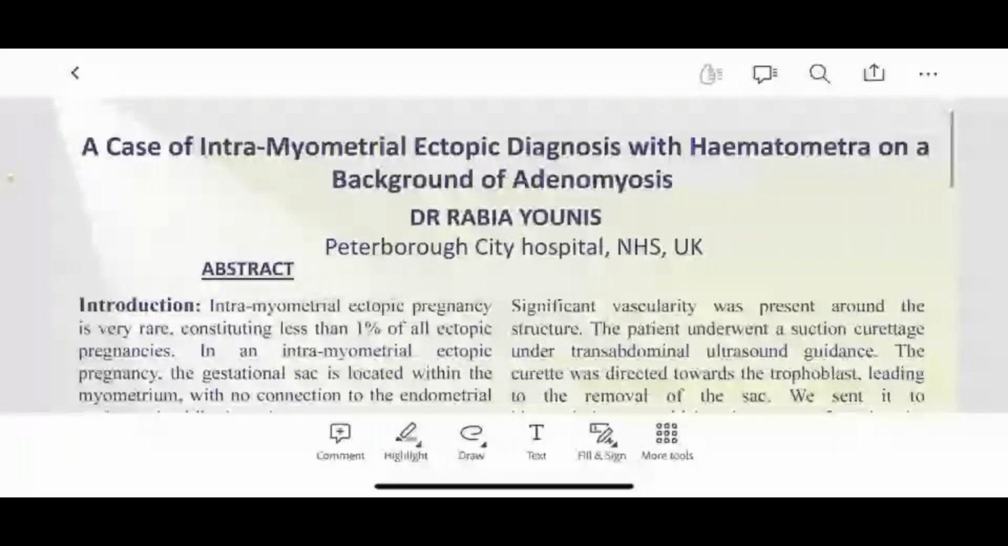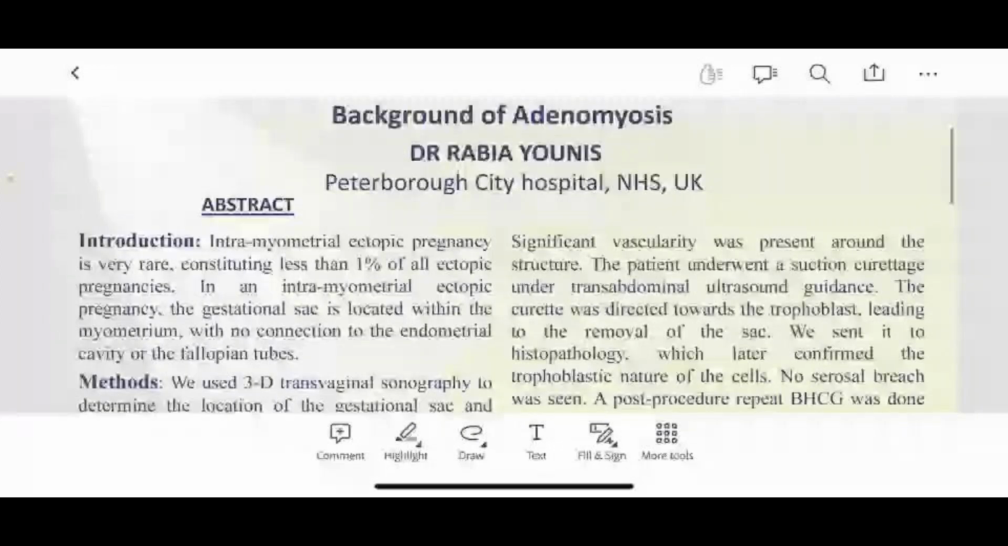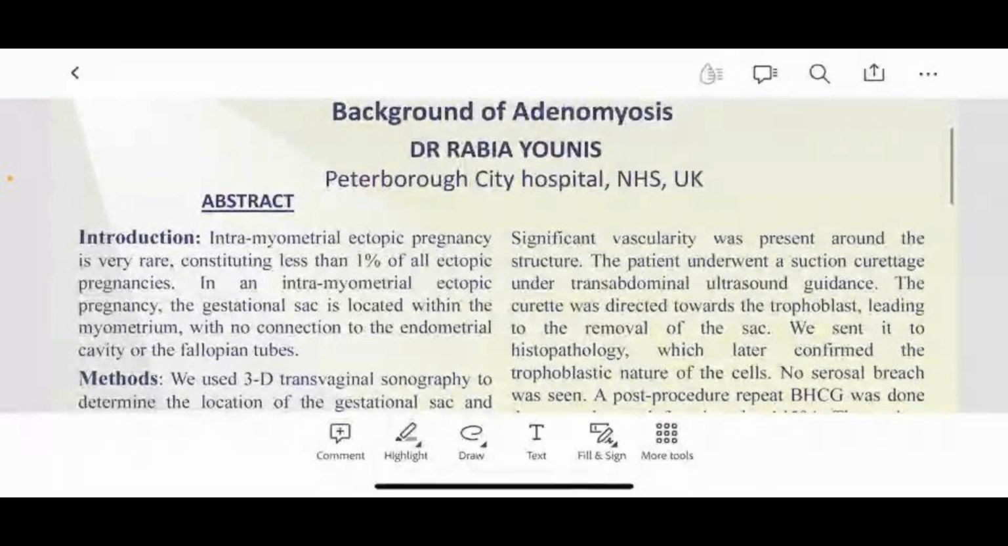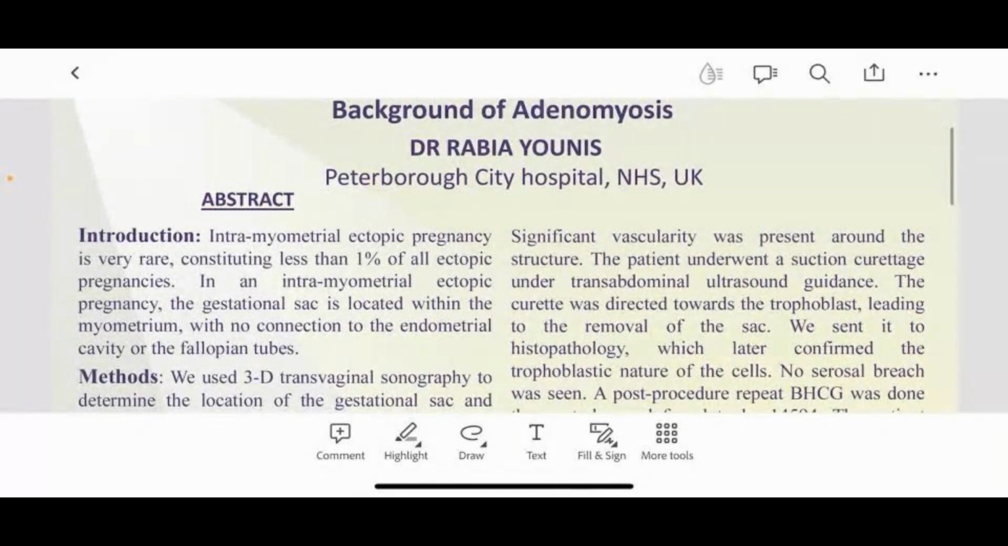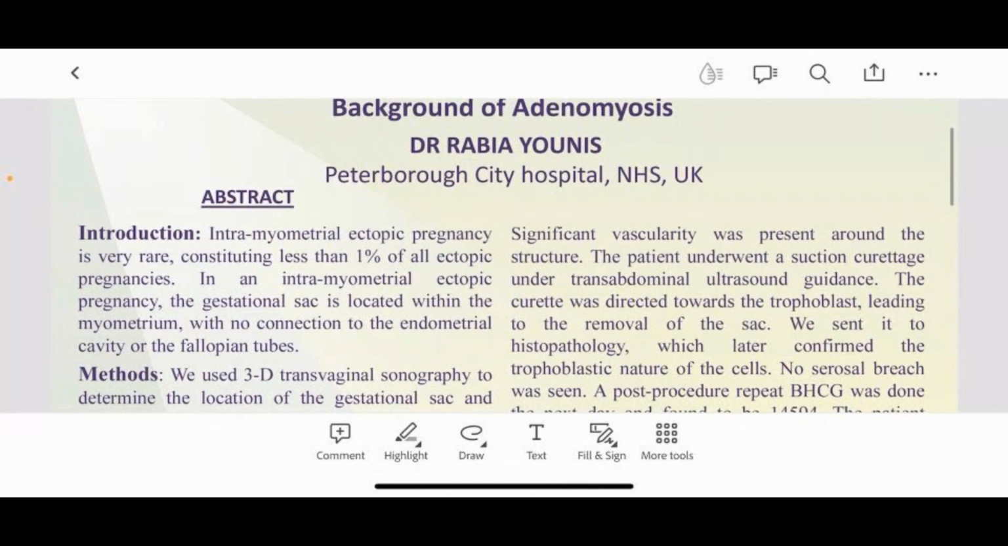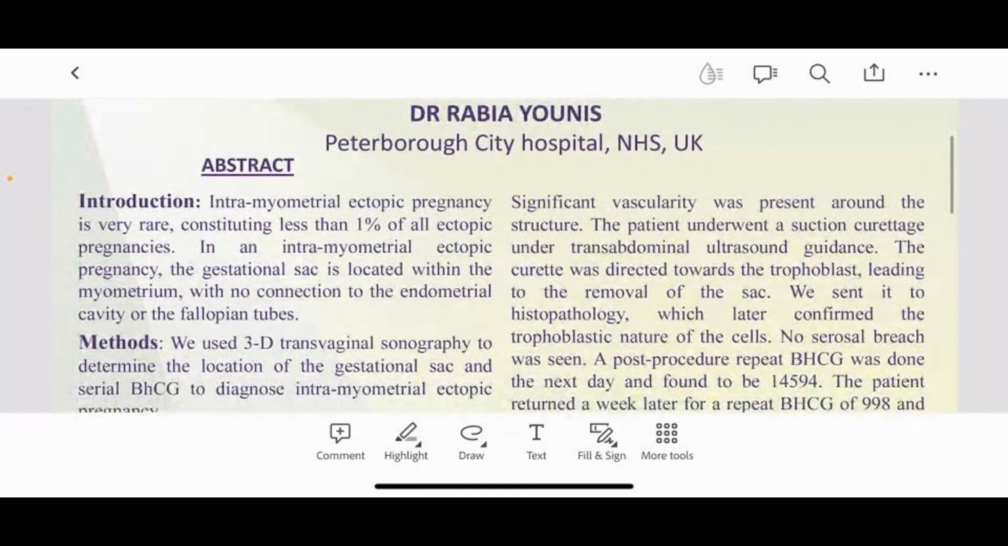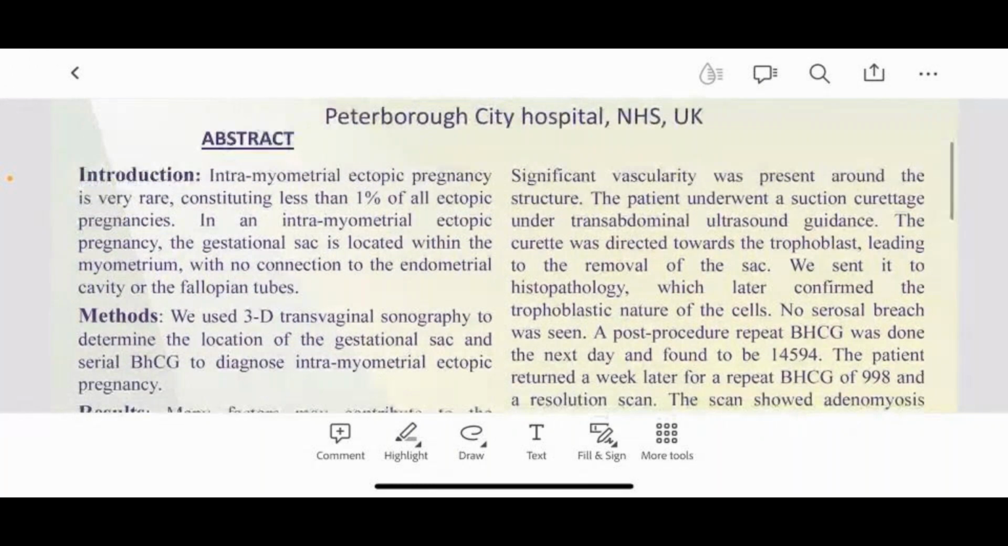Regarding just a quick overview, intramyometrial ectopic pregnancy is very rare, accounting for less than 1% of all pregnancies. It means a pregnancy, a gestational sac, which is located within the myometrium with no connection to the endometrial cavity or fallopian tubes. What we did, we used 3D TV scanning to determine the location of the sac and also beta HCG to